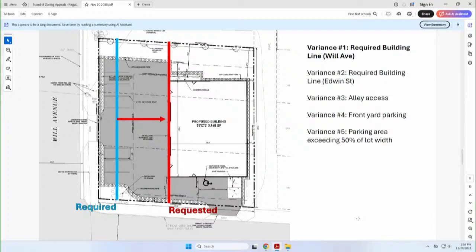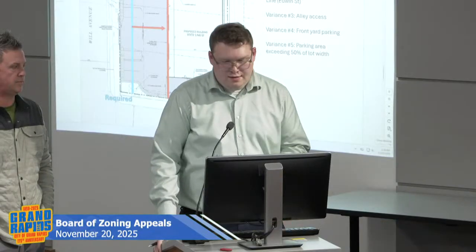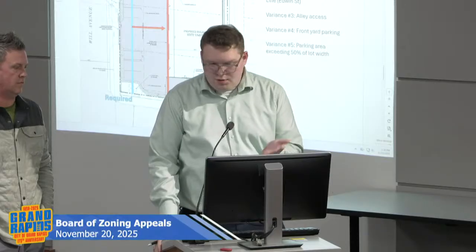Sorry, I'm still struggling with why you can't enter off of Will towards the north. I don't know if it's a Rowan question or your question, but why couldn't you enter off of Will towards the north of the property if you push the building to the southwest corner as proposed? I think you probably could configure the site that way. Yeah, potentially. And then the alley is what our ordinance requires.